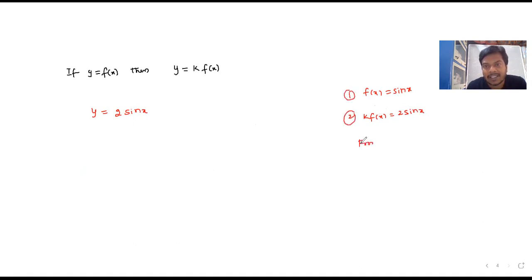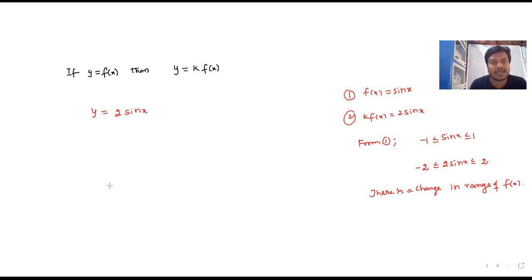From this it is clear that sin x value is always between -1 and +1. When you multiply with 2, then what happens? There is a change in the range. You have to write -2 here and +2 here. Therefore, here there is a change in range of f of x. Remember,